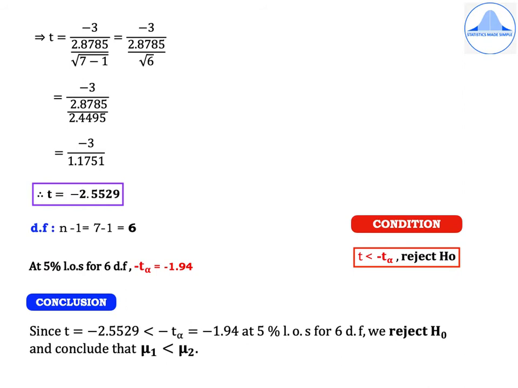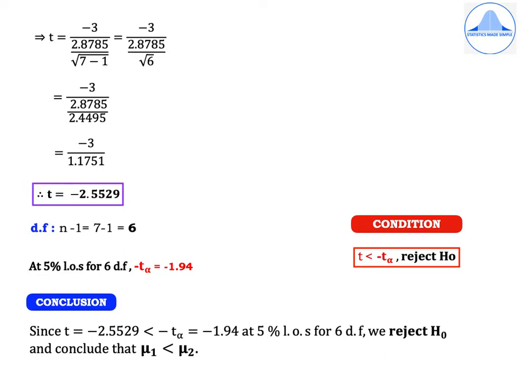Substituting in t, we get t equal to minus 3 divided by 2.8785 divided by root of 7 minus 1, which is equal to minus 3 divided by 2.8785 by root 6, which is equal to minus 3 divided by 2.8785 divided by 2.4495. On simplification, we get equal to minus 3 divided by 1.1751, or t is equal to minus